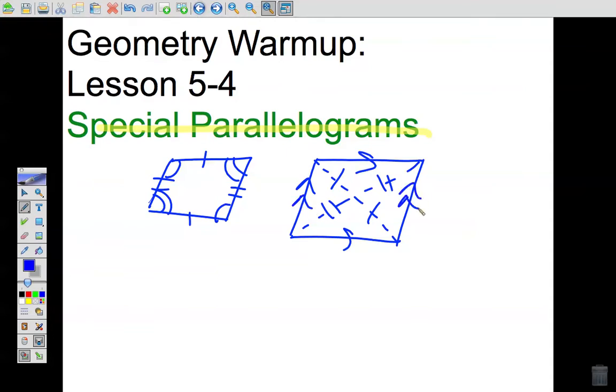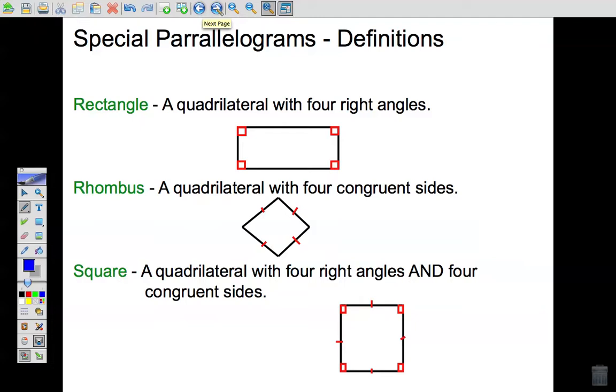Now you've got to remember, in the rest of this podcast, when we're talking about these squares, these rectangles, and all these things, remember, all these are parallelograms. They have these characteristics. All right, so the first part here is, let's just briefly talk about some of these special types of parallelograms. And these are definitions that you have on worksheet